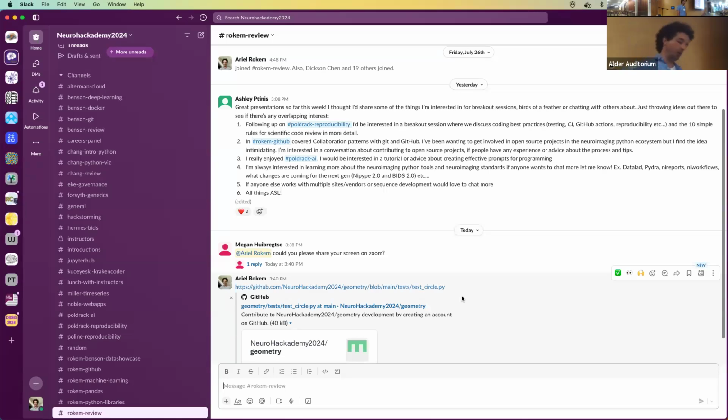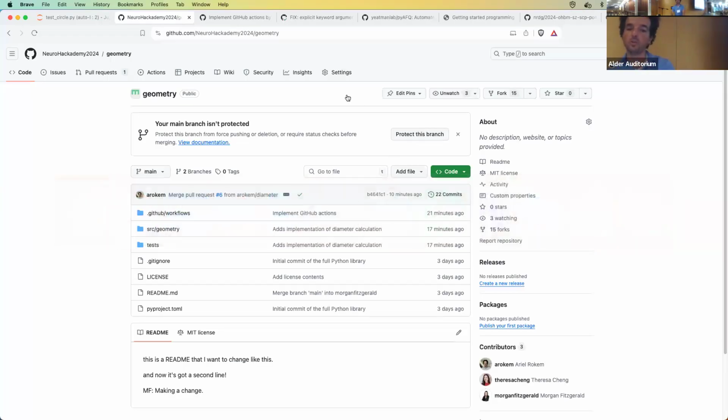So it's not a bad idea to go to a project that you work on and post an issue and say, hey, I'm really interested in this project. I'm looking to contribute. Are there any issues here that are really easy for new contributors? Often GitHub repositories will have